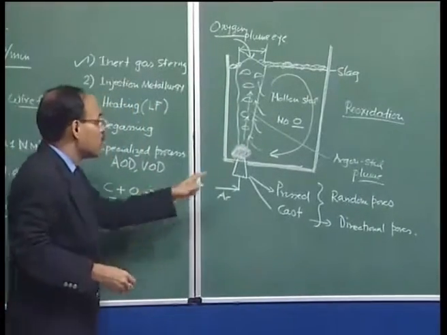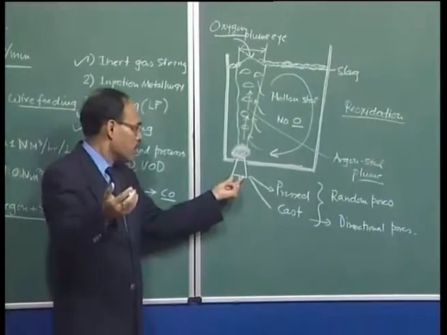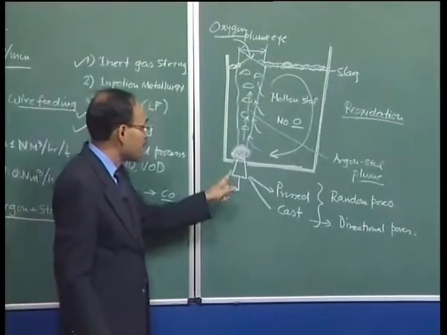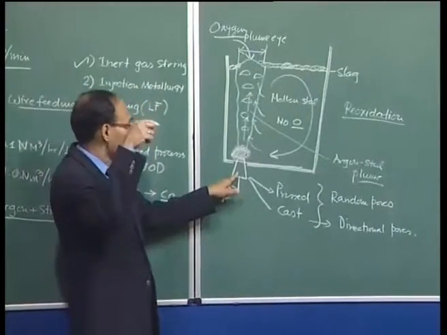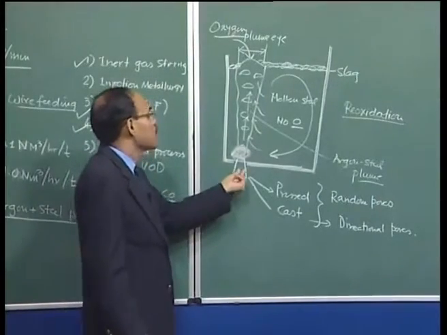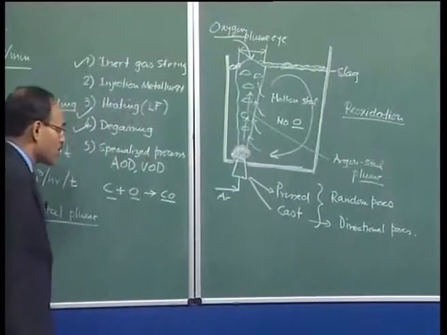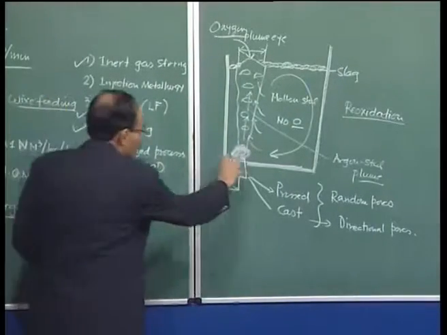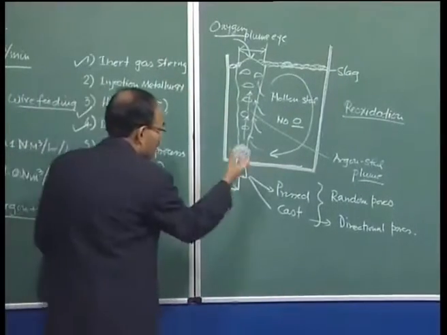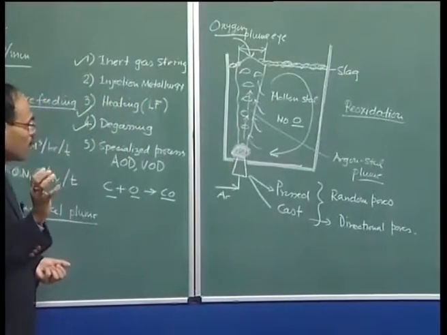So, that means if you are injecting gas, for the sake of the statement I am making, instead of a porous plug, if I would introduce the same amount of gas through, say, a tuyere, it is going to produce more or less the same amount of recirculation. Therefore, the details of the nozzle design for argon injection into the ladle are not much critical.